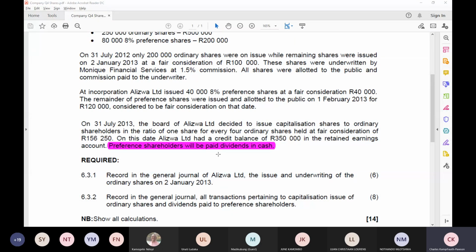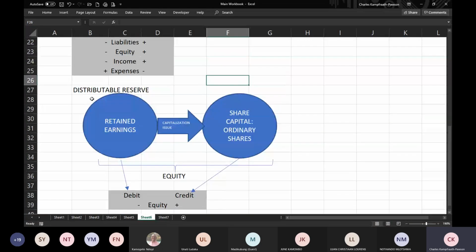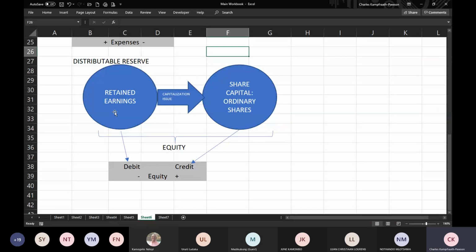Okay. What I first want to do is go back to a question that we did last night. Remember, when we have a rights issue or a capitalization issue, it's almost like a bonus issue. And whenever we do a bonus issue, it means we are giving our shareholders shares, but if we give them shares, then our share capital increases as well. Because if we are just dishing out shares, we are actually diluting the share value. In other words, we are diluting the value of other shareholders' interest in the company. Everybody happy? That makes sense.